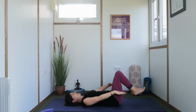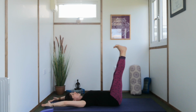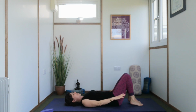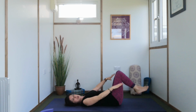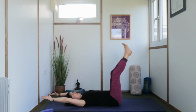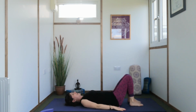And again, inhale, lift up the feet into the air, reach over the top, long limbs. Exhaling in time with your breath or just behind it, don't overtake your breath. Good. One more, inhale up and over, exhale all the way back down, rest it to the mat together and